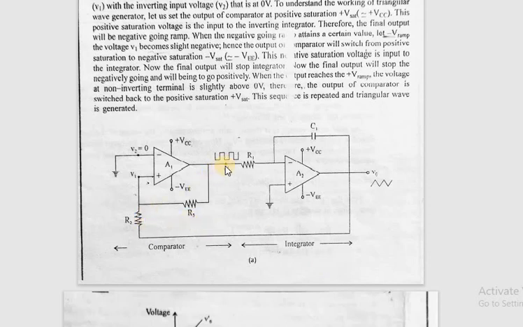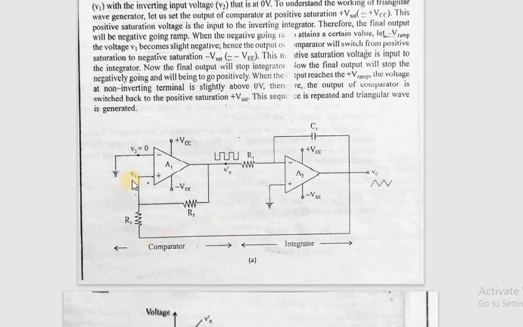So what happens? We have connected this output of the square wave generator to the inverting integrator. So what does the inverting integrator do? It integrates the square wave to a triangular wave, and because it is connected to the inverting input, the output of the integrator is negative going. If the square wave is positive, then the triangular wave is negative going. So this negative going triangular wave, what does it do? We get an output of triangular wave, but the feedback is also negative going.